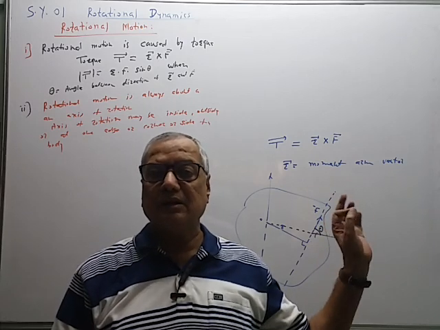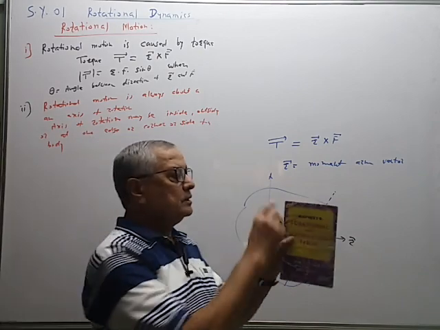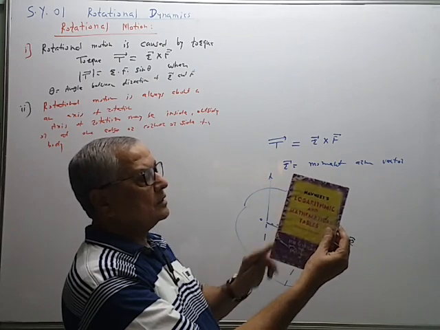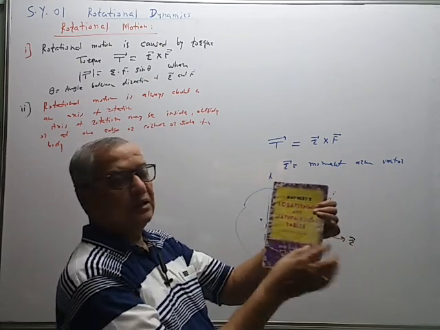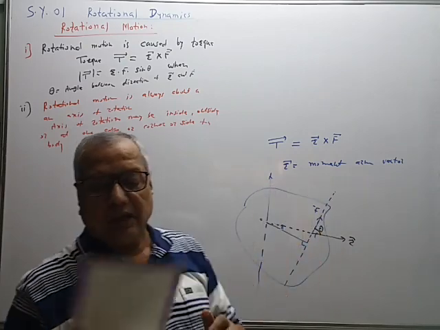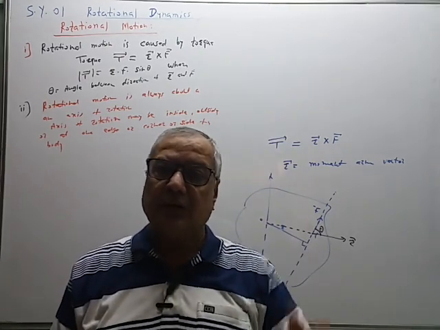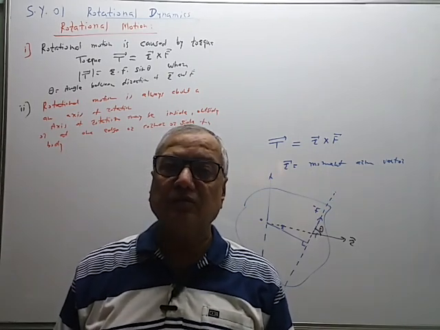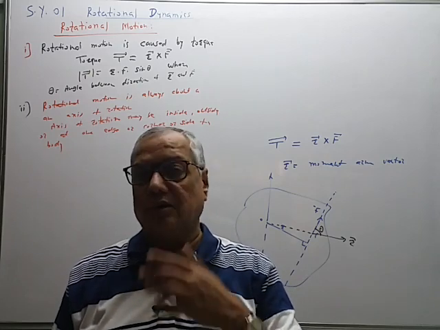And it may be at one edge. The best example is the door, which we know. If this is the door, then this shutter is fixed in the frame, and on this side there are hinges, 1, 2, 3. So the axis is passing through these hinges, and we can rotate the door like this. So the axis may be at one edge. Another example is a fan. The supporting rod is the axis of rotation for the fan. The blades of the fan rotate about that axis of rotation coinciding with the rod.